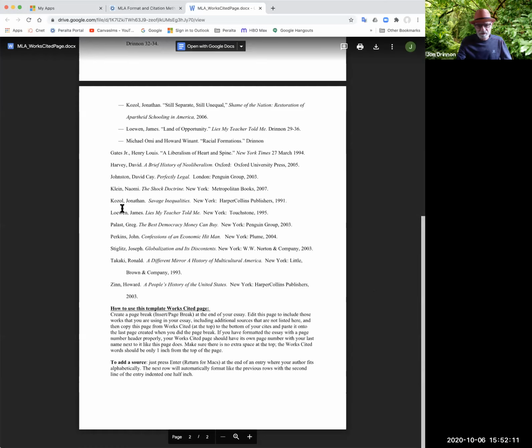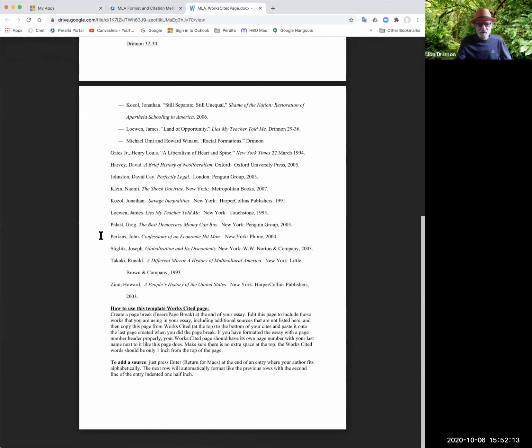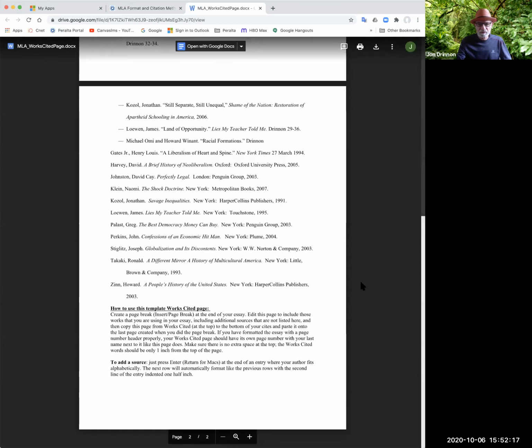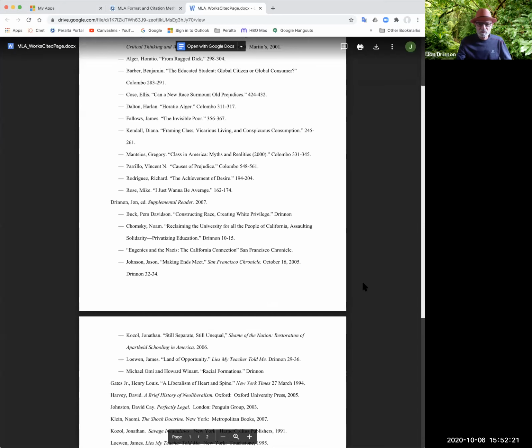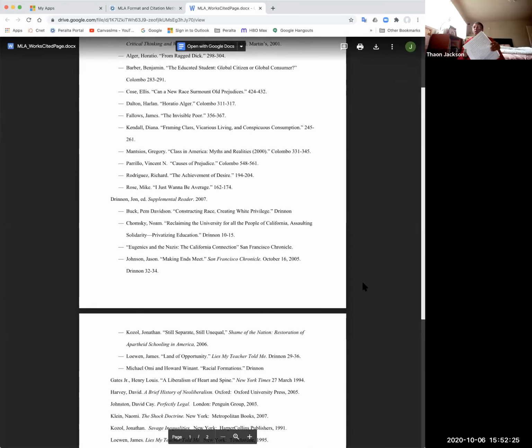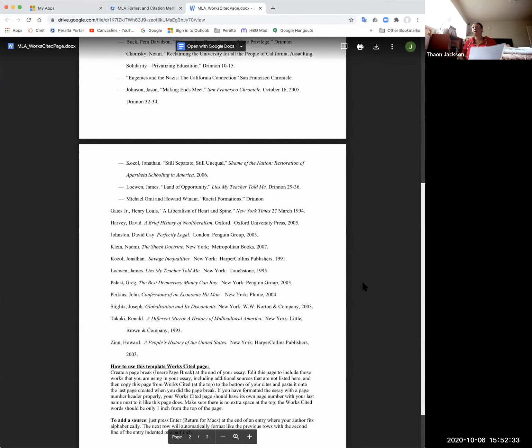But basically, you can just download this, and I can't highlight it here because it needs to be downloaded. But then you can just highlight and get rid of things that we haven't read in the class. So this is basically a list of all the readings that we've done in the class, so we can just use this to put in our essay to cite instead of looking it up.